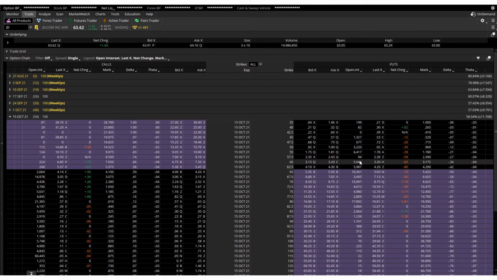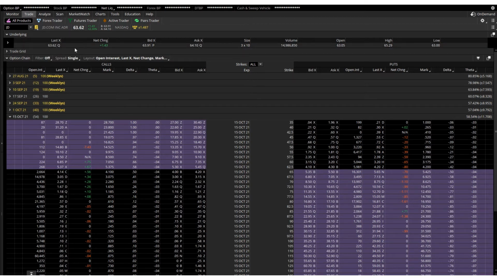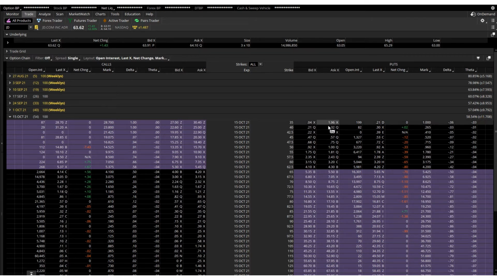So going back into my strategy, if I look at 57.5, the premium would cost me $2.39. And because the price of JD was up Friday by $1.43, the price of this contract actually lost money by 27 cents. So that's a good thing because now I'm buying this strike price at a discount.